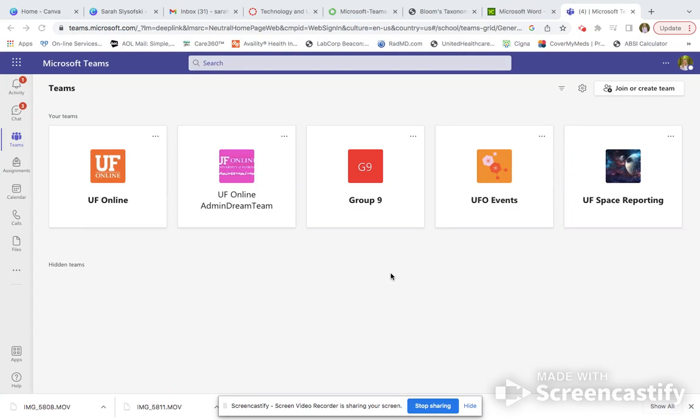Hey everybody, so this is just a brief tutorial of what Microsoft Teams can do. Microsoft Teams is an online communication and collaboration platform with literally thousands of features. The list goes on and on of what Microsoft Teams can do, but for the purpose of my assignment and my activity in this course, we are going to be using it primarily as a file storage and collaboration